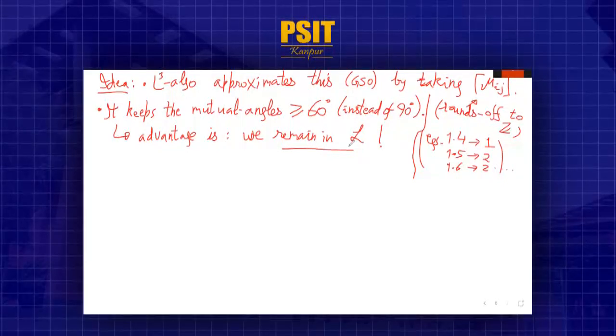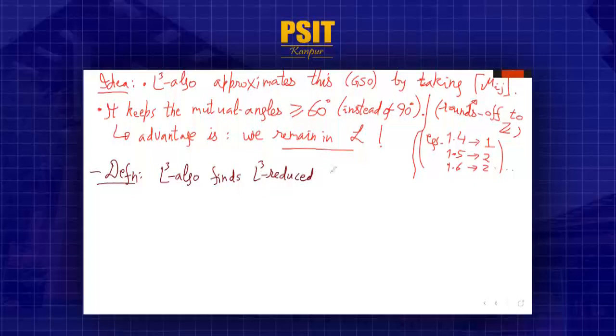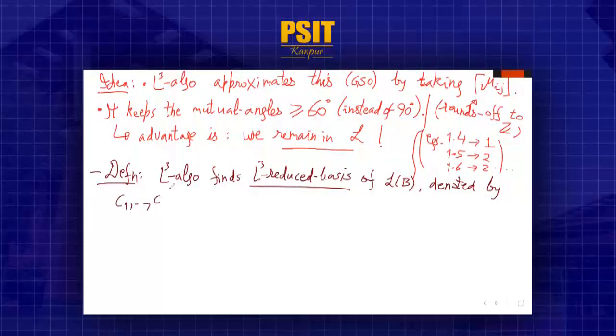And now all that remains is to analyze these points in the lattice that we have obtained. And so now we come to the reduced basis concept. I don't think I will have time to analyze it fully, but let us see. So the LLL algorithm will basically find an LLL reduced basis of the given lattice, denoted by vectors C1 to Cm, such that